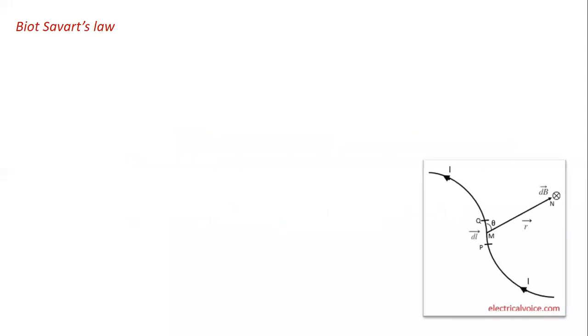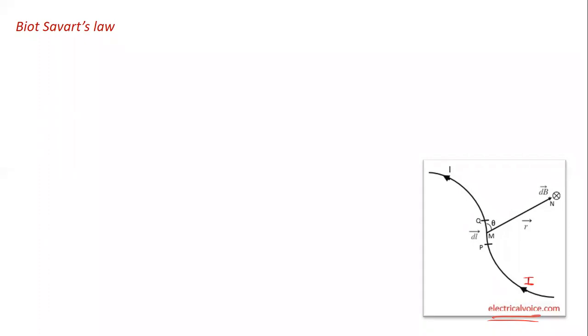Now, what is the statement of the Biot-Savart law that we have to learn? So before that, what does the Biot-Savart law tell us? We already learned that when current is passed through a conductor, a magnetic field is produced in its surrounding area. Now, how much magnetic field is produced in its surrounding area, that we can calculate by using the Biot-Savart law. Now, suppose we consider this is a current carrying conductor which carries current I. You can see in the diagram.